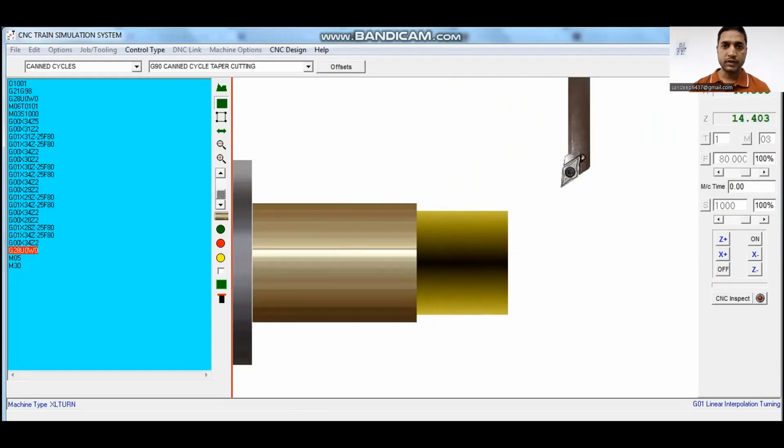So this was the simulation of our program, that is, programming for turning operation by using the linear command G01. I hope this is very clear to you now. But still, if you find any difficulties in this program or in this lecture, you are free to ask me. You can comment on this video, or you can directly mail me on my Gmail, that is